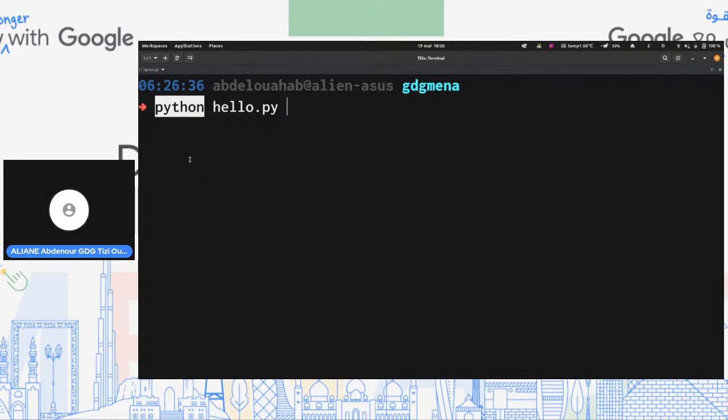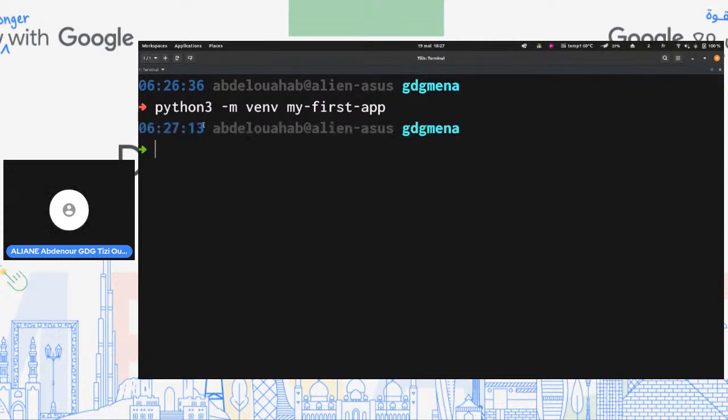So to do that, I need first to enable a virtual environment. How I did that in the last session, we did python3 -m venv, and then we gave it a name, for example, myfirstapp. It will create a new environment and reaffect a new interpreter. So to do that, I need to enable it now. So source,